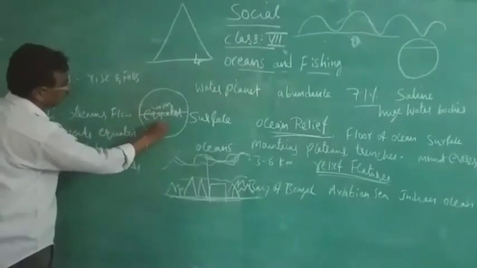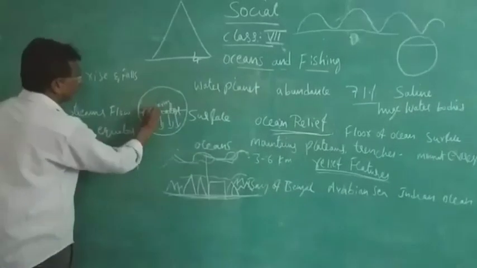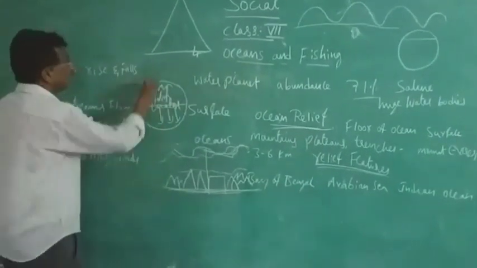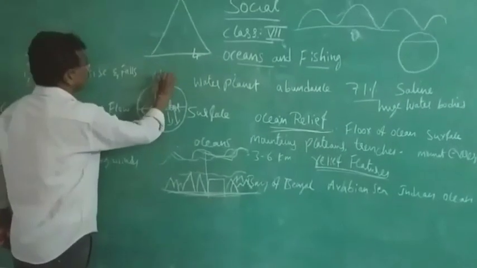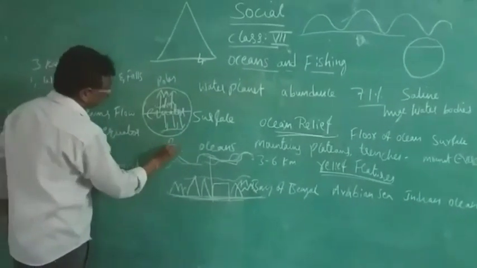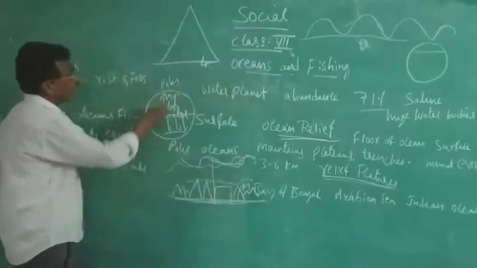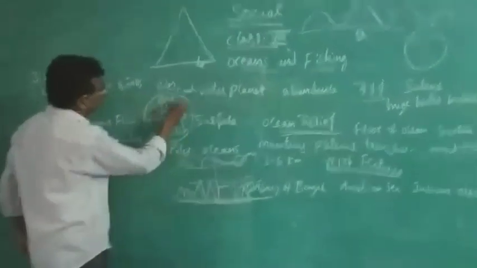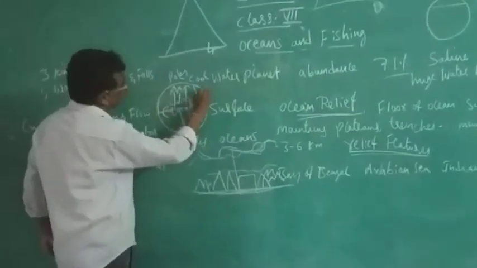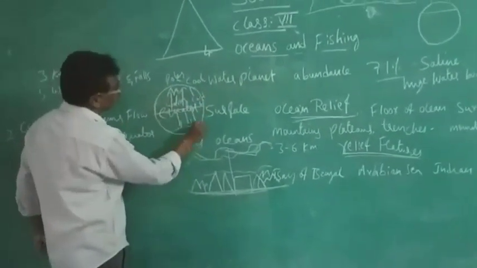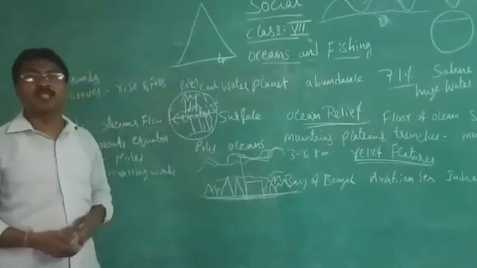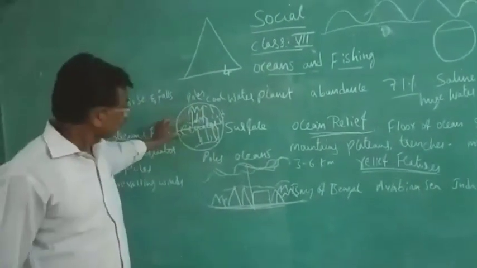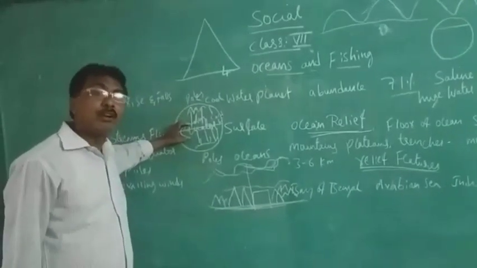The warm water will go this side. And you see the warm water is going to the polar region. And here these are called poles, and here also poles. What will be there? Cool will be there, and cold winds will come like this. Cold winds are coming this side, and cold winds are coming to the equator. What does that mean? Ocean currents means what? Here in the equator it is hot and warm.